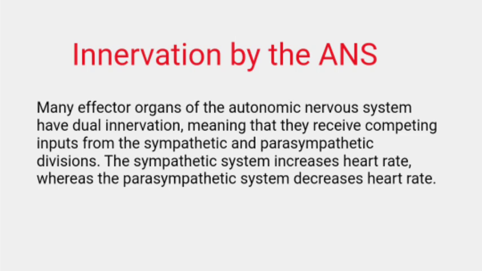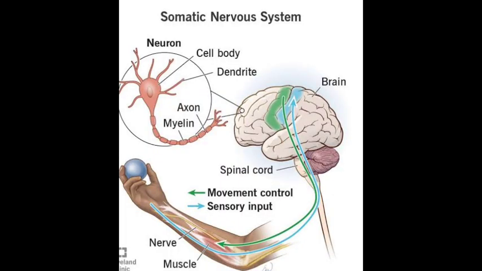What is the somatic nervous system? The efferent somatic nervous system differs from the autonomic system in that a single myelinated motor neuron originating in the central nervous system travels directly to skeletal muscles without the mediation of ganglia. As noted earlier, the somatic nervous system is under voluntary control, whereas the autonomic system is involuntary. Responses in the somatic division are generally faster than those in the autonomic nervous system.